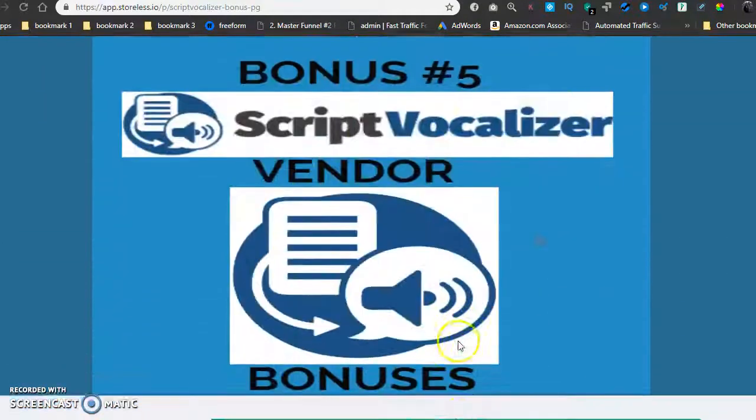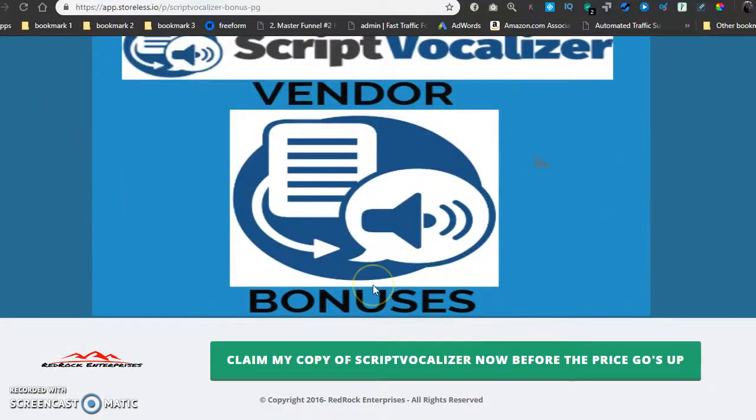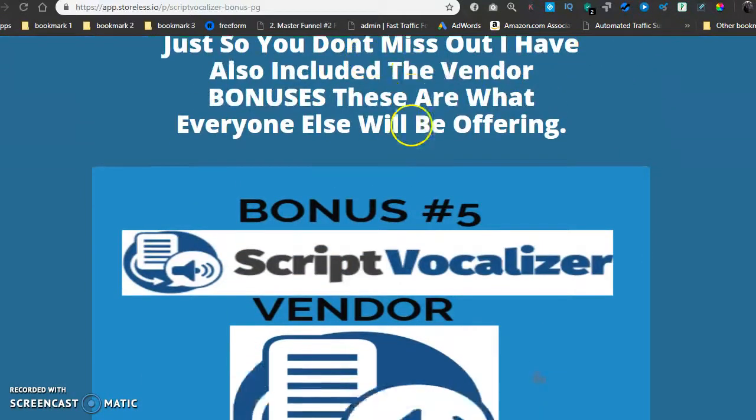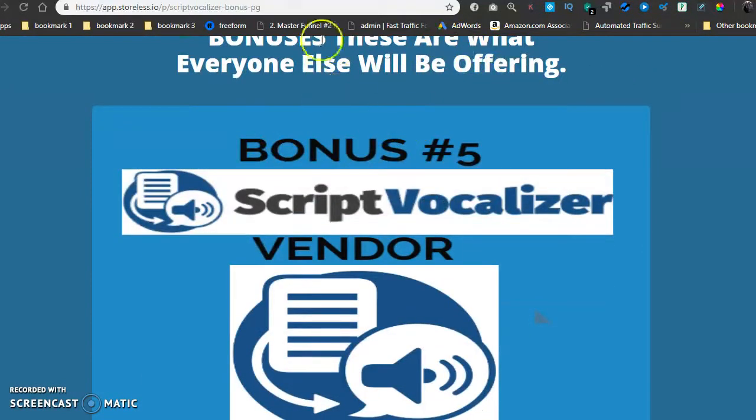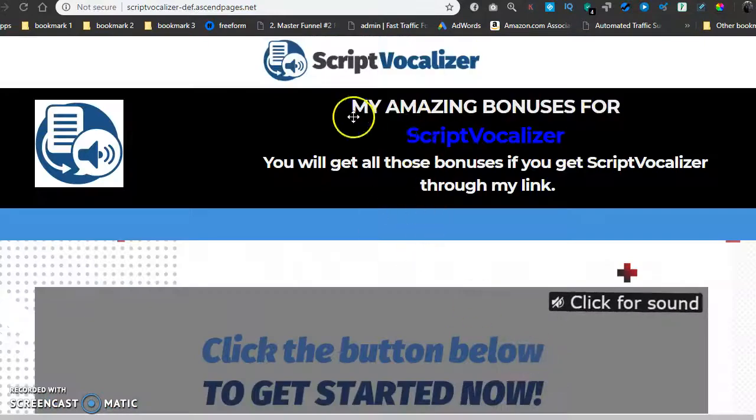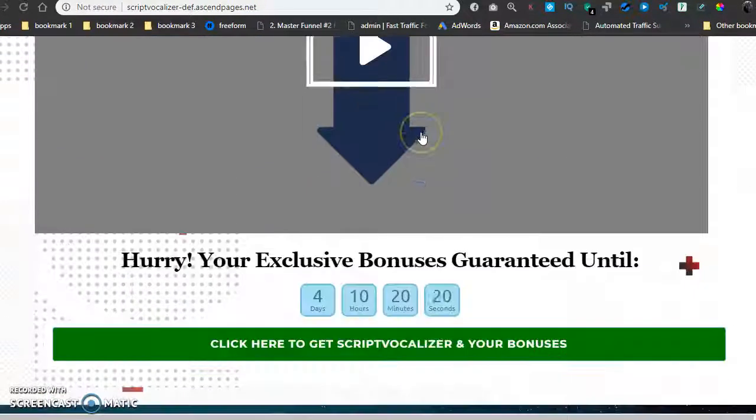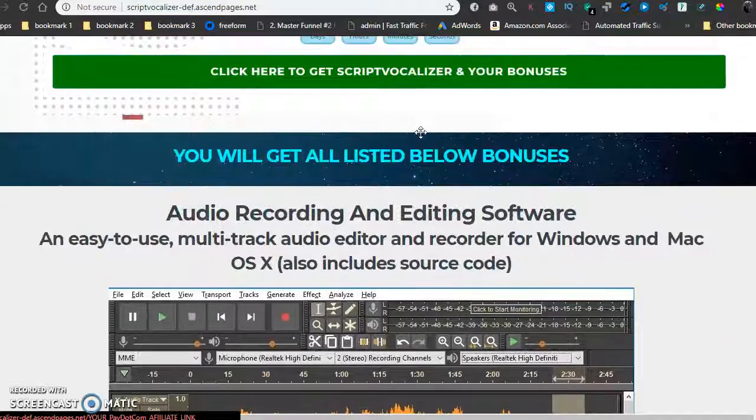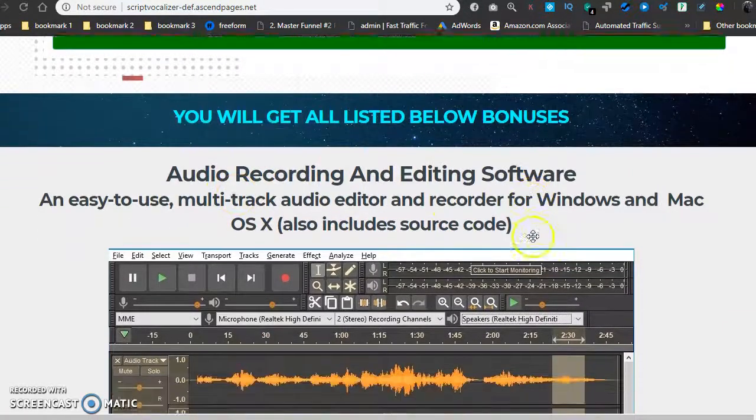And then also bonus number 5, you get your vendor bonuses. These are probably the ones that everybody else is offering, but you won't get the ones above. Those are just mine, but I didn't want you guys to miss out. So if you buy through me, you will also get the bonuses that everybody else is given, which are these here. Let's see, you'll be getting audio recording and editing software,